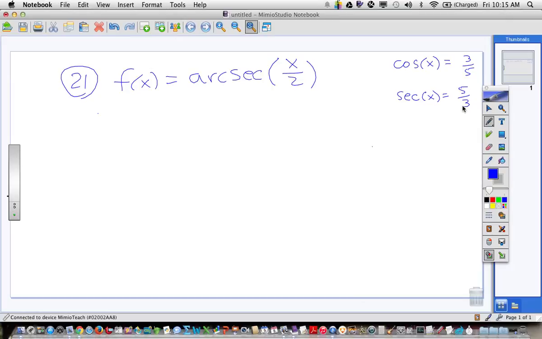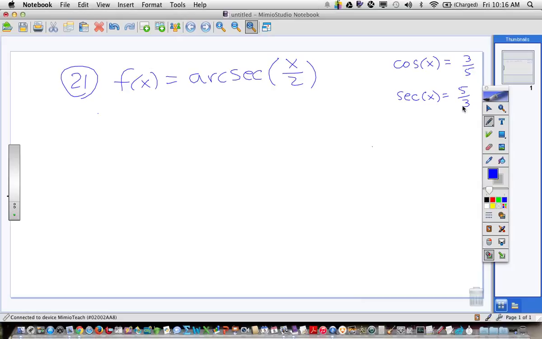Now we're talking about the arc secant function. So how do arc secant and arc cosine compare? Arc secant and arc cosine are paired together. Secant and cosine are reciprocals. You've said that ever since you learned about them last year. But what did you really mean when you said that? What you really meant was their output values are reciprocals. But if we're talking about arc secant and arc cosine,